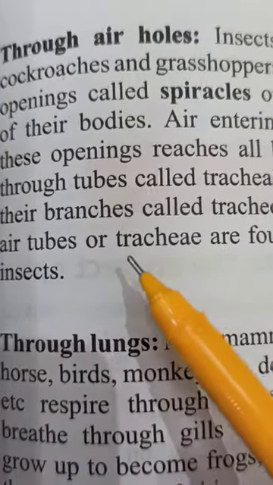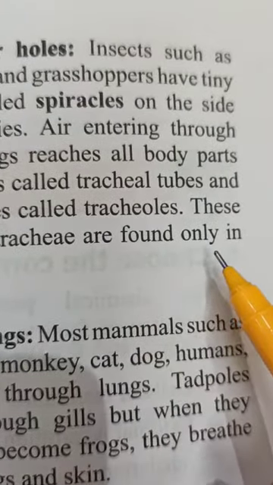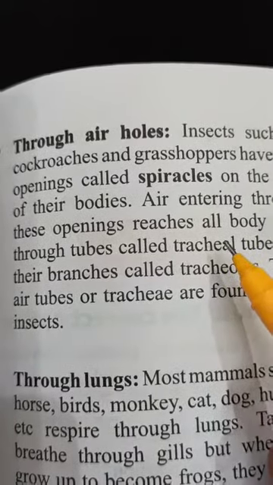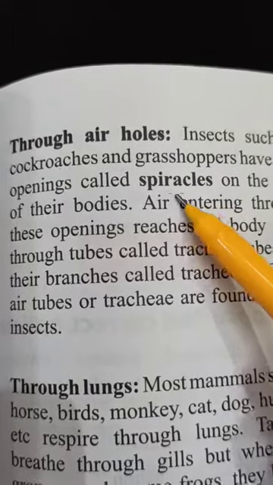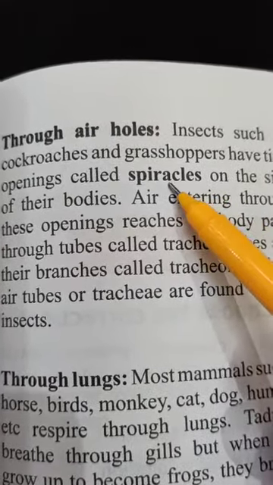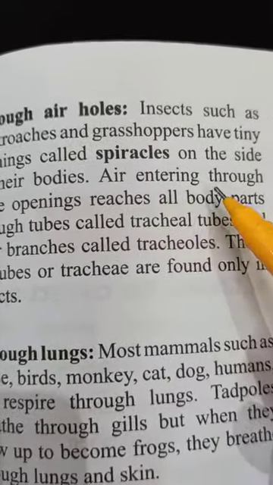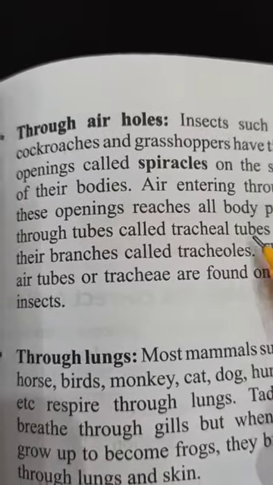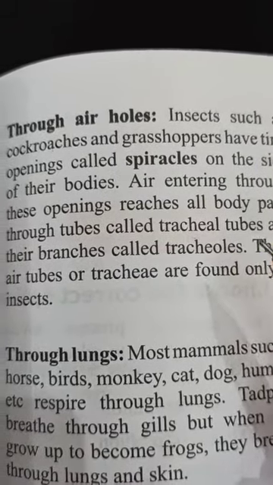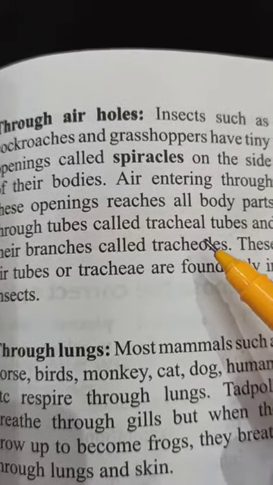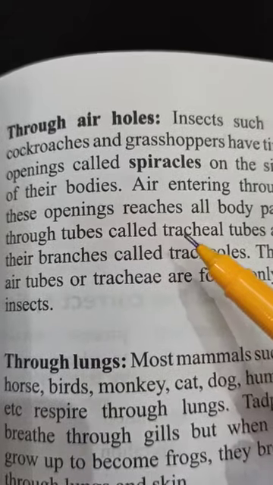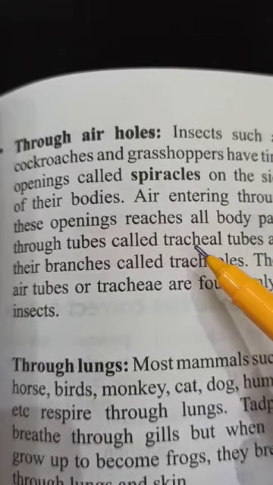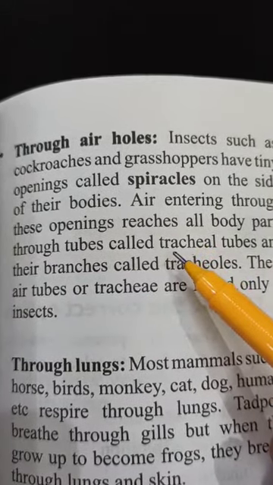These air tubes or tracheae are found only in insects. So children, there is a network of tube-like structures. When air enters the spiracles, from the spiracles air passes to small tube-like structures called tracheal tubes. Just like in our body blood vessels are present and blood moves through them, in the same way tubes are present in the body of insects, and they carry the air received from the spiracles. These pipe-like structures are called